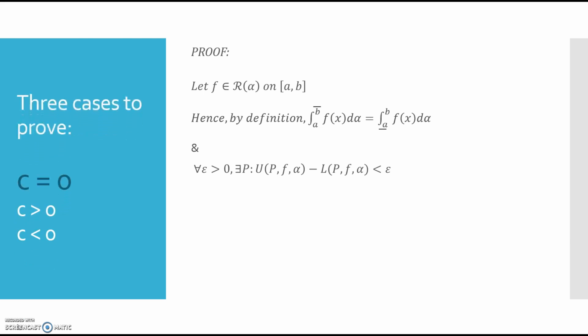So this proof has 3 parts. First, we'll look at what happens when that real number is equal to 0. Then we'll look at what happens when that real number is positive and ultimately negative, so that we can prove